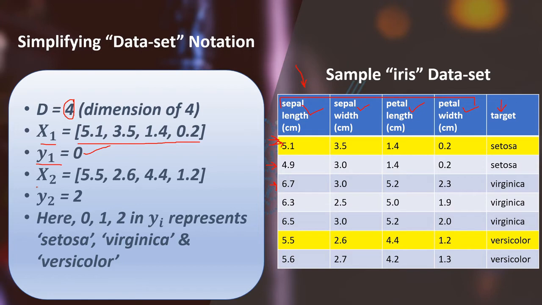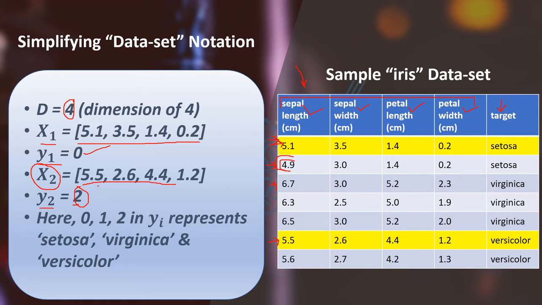Now the second feature set, or the second row, which is x subscript 2, is nothing but the feature set in this particular row. Similarly, sorry, x2 is not this particular row. It is actually this row. Just for variation, I took this row because here the label is different from Setosa. It is versicolor, so here the label is 2. Now, why is y1 not Setosa, and y2 not versicolor? Why are they 0 and 2?